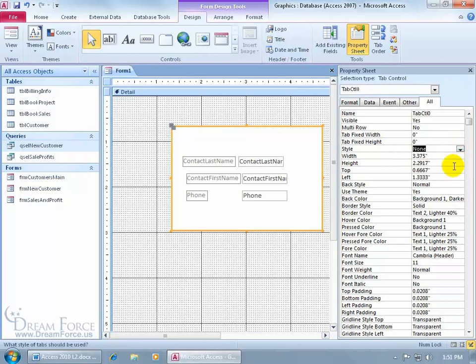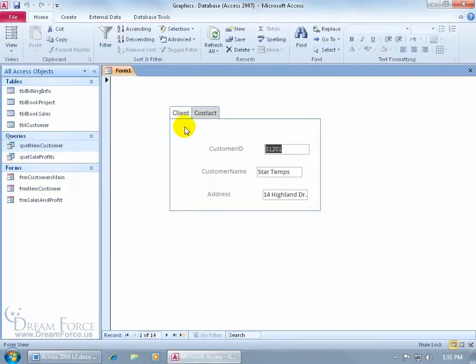I haven't figured out why people would want to use none, but let me go ahead and go back to buttons here. And you can see the difference between a tab and a button with my theme is that the line goes right underneath it. Doesn't seem like there's much of a difference between the two, but in any case. Click on the view button. There's the line representative of a button. Go ahead and click on either one. And